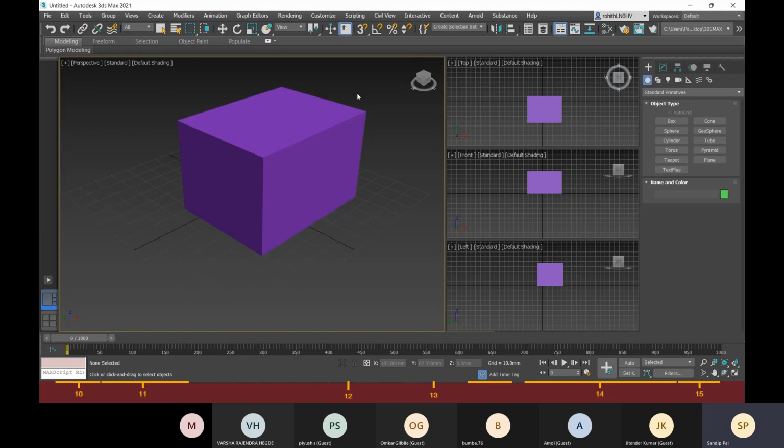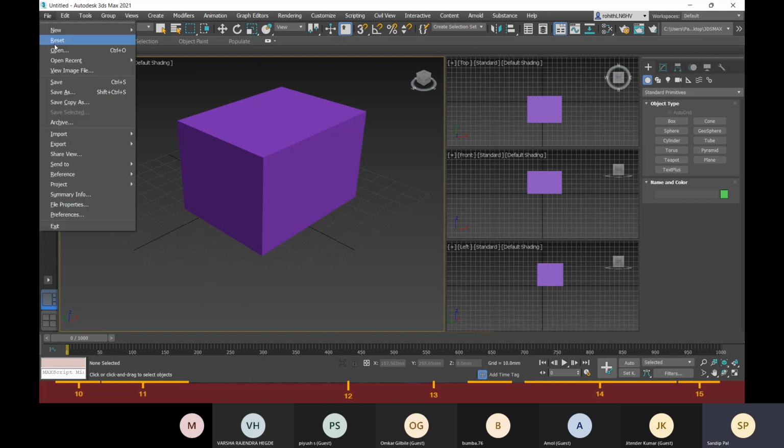Now, before moving to the basic modeling part, let me show you more about this GUI. We have this file option.